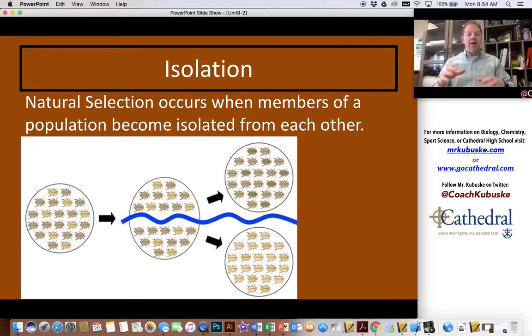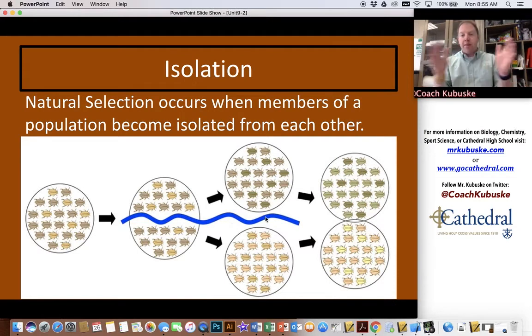So you can see in the populations to begin with, right here in the second picture, we have light-colored and dark-colored in both populations, but for one reason or another, because of their environment, up here, darker shells have a better chance of survival. Down here, lighter shells have a better chance of survival. Well, if they're separated from each other for a long enough period of time, they become their own species because they can only reproduce with that group.